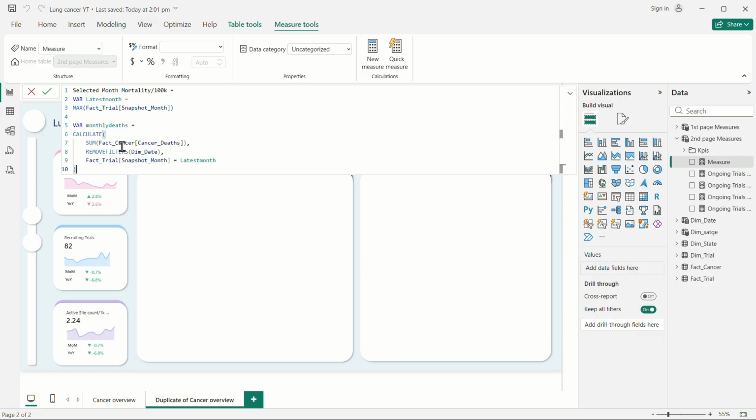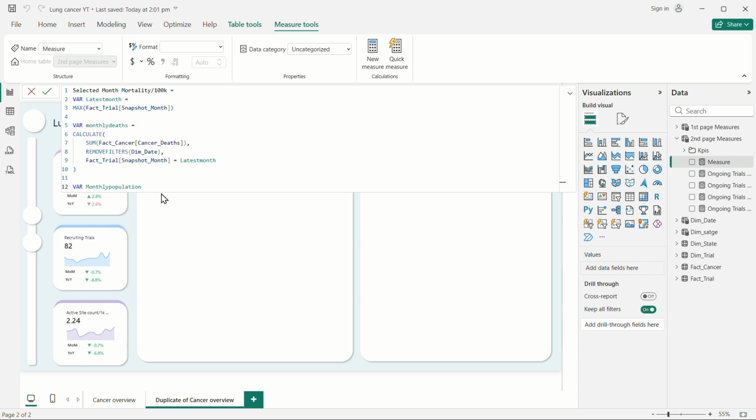So what it gives us, it will give us the monthly detail of the cancer death. Okay, it will not respect any slicer of the dates. So we will have a correct numerator and denominator for this part. Okay, so we'll use another variable here. We'll say monthly population. So we need to calculate mortality rate now. So that's why we need deaths and the population. So we also need